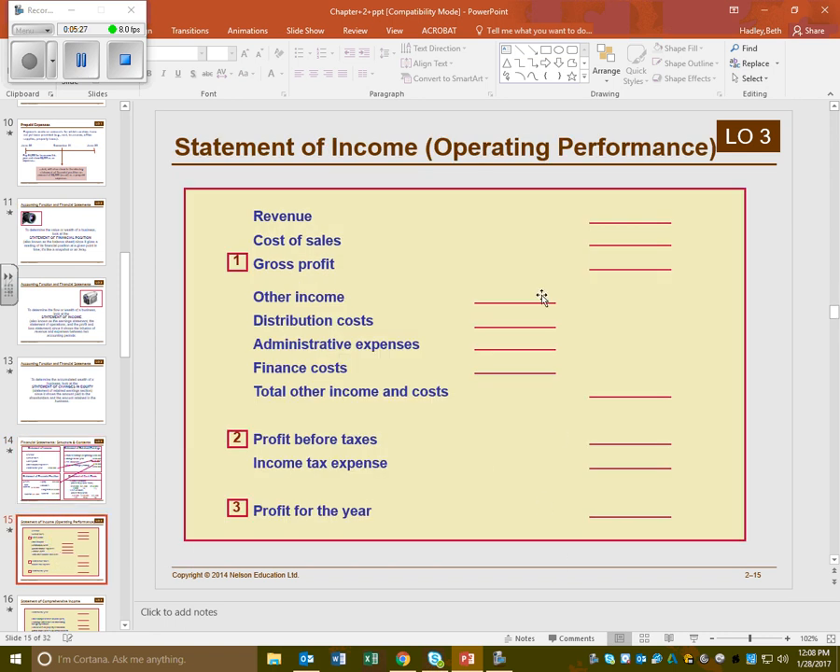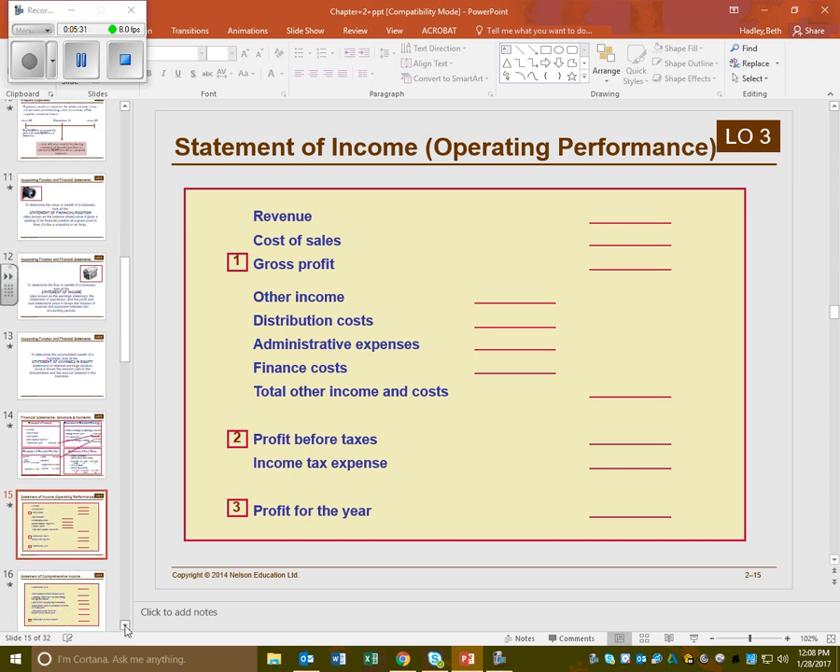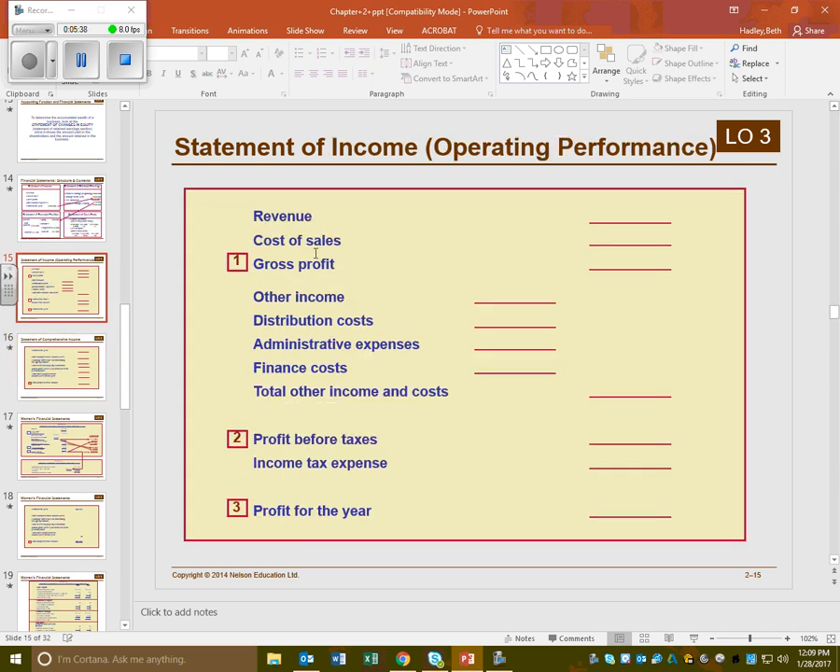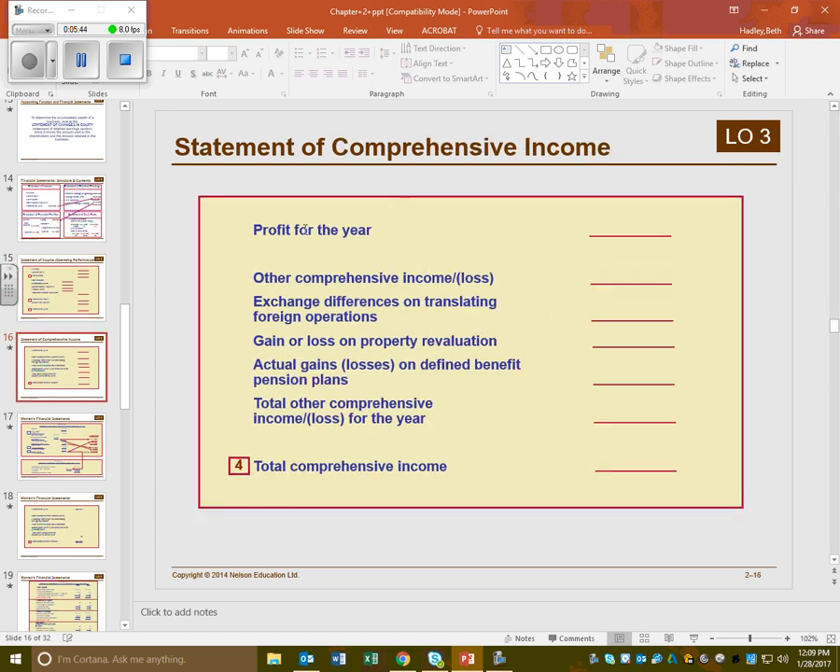They just have a picture of your income statement. Then we are going to look at statement of comprehensive income. So you've got your regular activities from the day-to-day operations. Then we get into the profit for the year, and then other comprehensive income. And if you have a look on